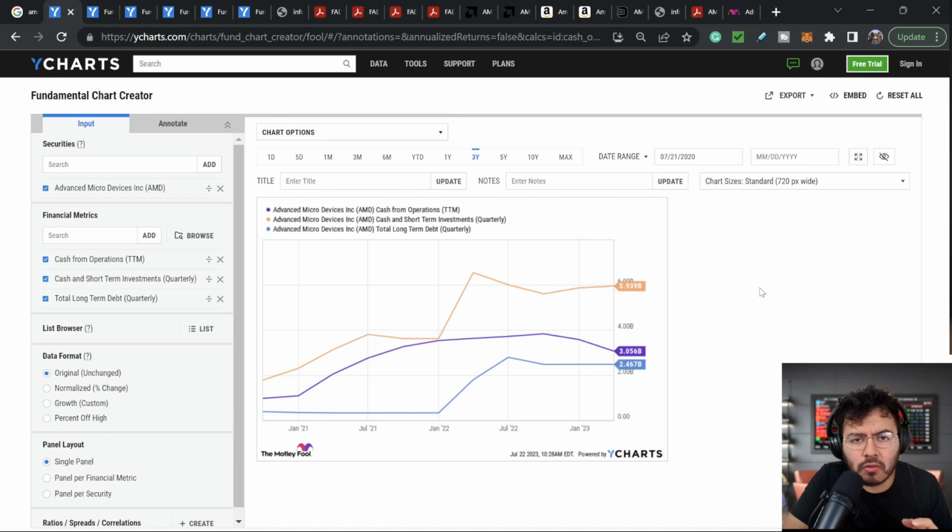I do believe a quick look at the balance sheet and a lot of the fundamental numbers can put us at ease, and then we can relax and see, hey, this is definitely a strong company with strong financials. Now we can definitely pay attention to what this company has to offer. Right now, cash flow from operations in the trailing 12 months is roughly $3 billion. Great. We like to see that positive cash flow from operations. It also has more cash flow from operations than total long-term debt.